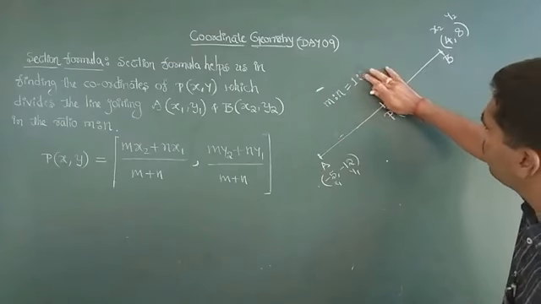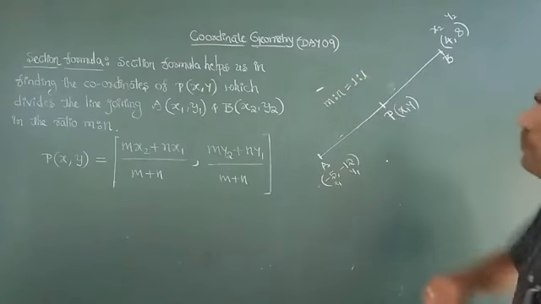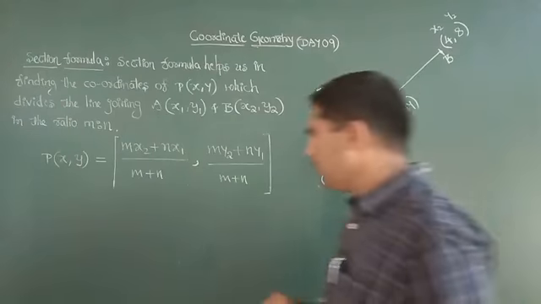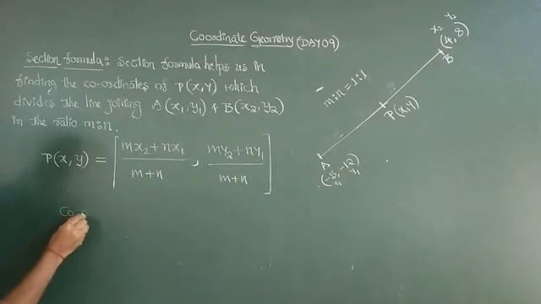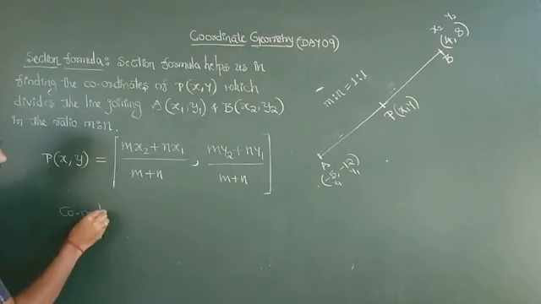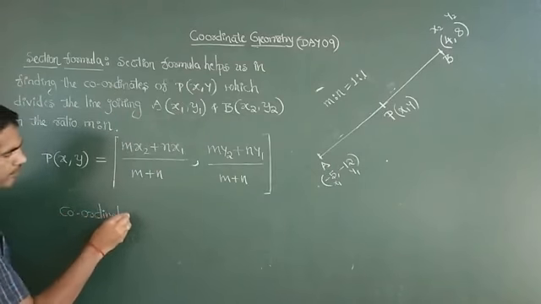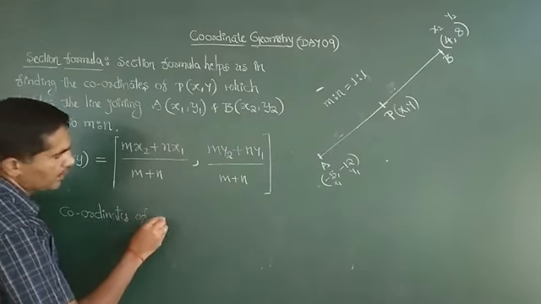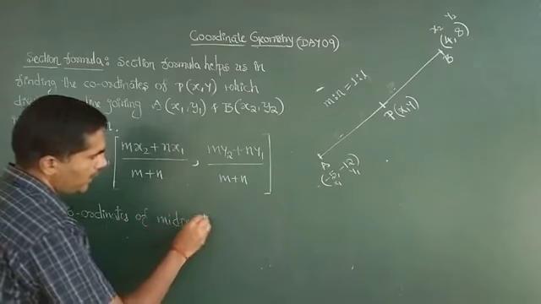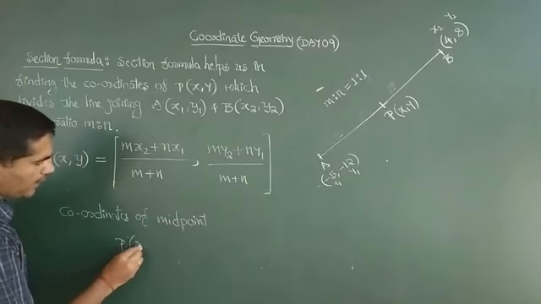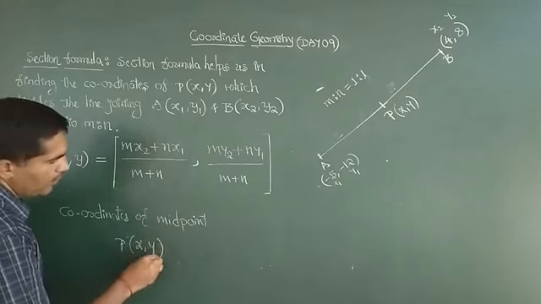So the ratio of division becomes 1:1, equally divided. Now, coordinates of the midpoint, how to find out now? If it is a midpoint only, coordinates of midpoint P(x, y) will be equal to,